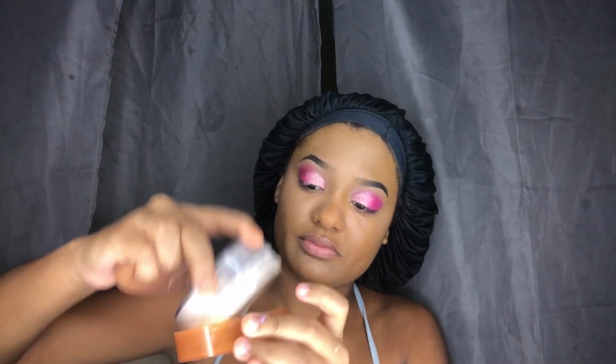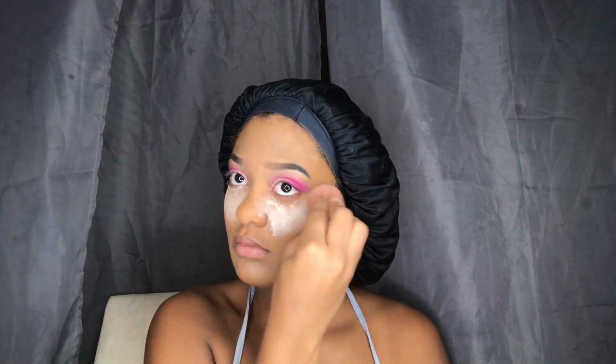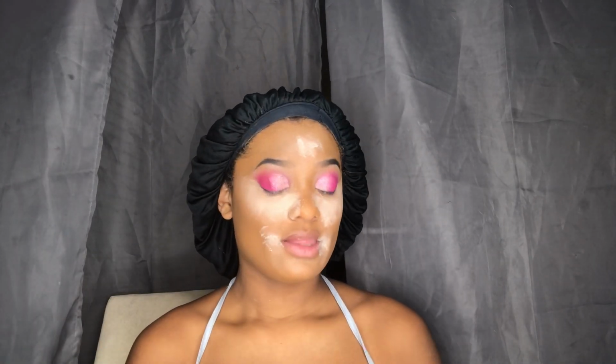My face looks so oily. But I'm gonna take this air spun powder again, pour it on the cap, and then put it on my face. Anyways, y'all. So I just put some on my face, and now I'm gonna take this Luxie 512 brush to